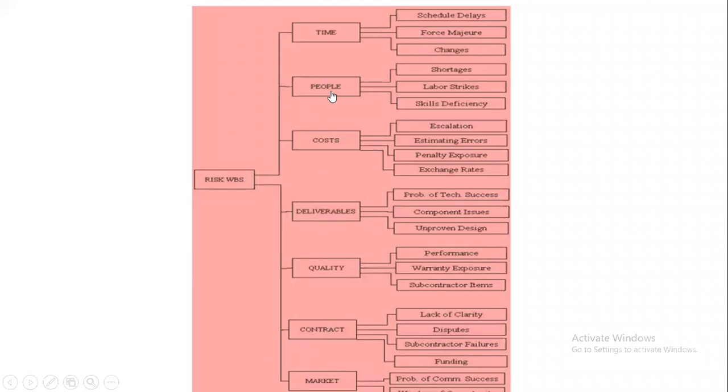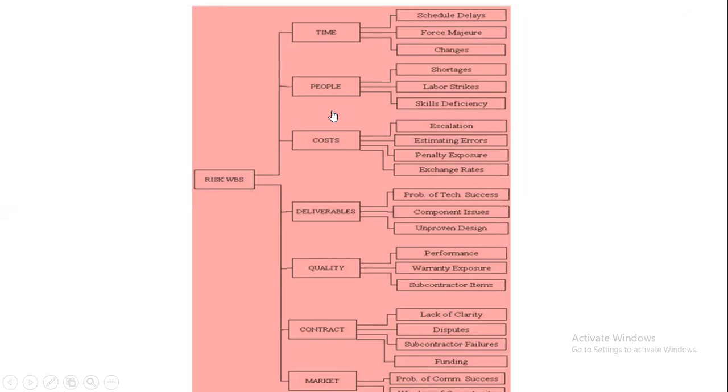So if you take people, if any people are short, for example if you take any textile industry, any order is going to come, then if that many people are not there to get that order ready, or otherwise any labor strike happens, or that skill is not there. That means only 20 people know how to do that particular order, and the other 30 to 80 people don't know how to do it. Then even if people are there, you can't fulfill that order, right? So skill deficiency is there. So this is the main area when you're taking the people side.